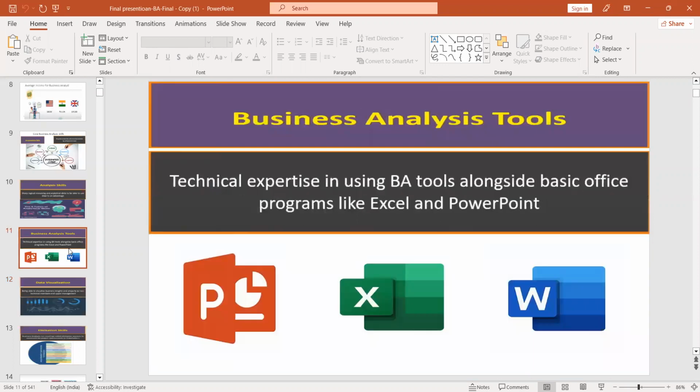To learn business analysis, these are the main tools you need to know. One is the PowerPoint presentation. Other is Excel and Word. These 3 are enough tools with which you can survive for a long time, for 1 or 2 decades. Now, beyond PowerPoint, Excel and Word, people start using the Jira tool, Power BI, and SQL. So these are the 3 advanced tools that the BA needs to learn.